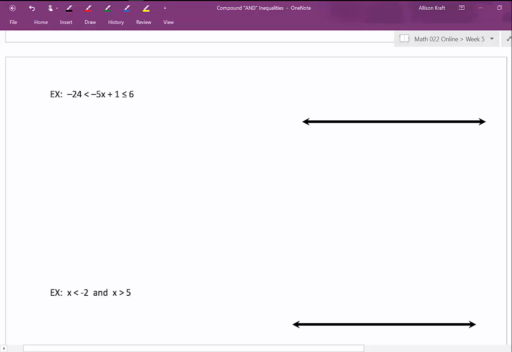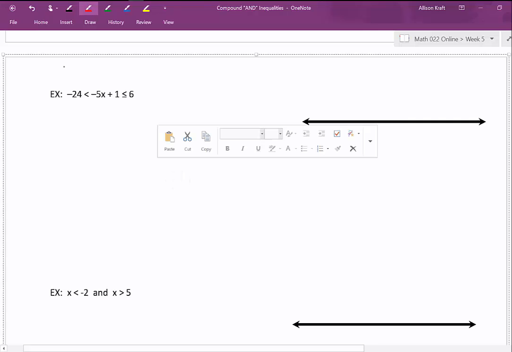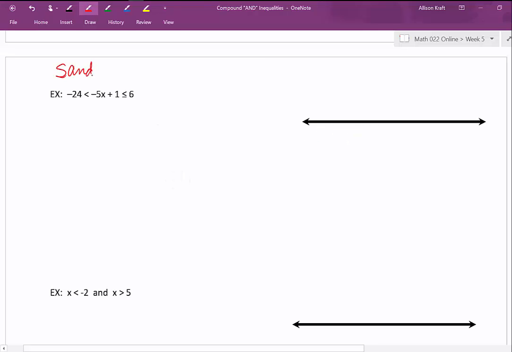This next compound inequality I call a sandwich inequality. The reason that I call it a sandwich inequality is because the variable is sandwiched between two inequality symbols. We're going to solve this inequality as we would if it was only a regular inequality. We can just cover up